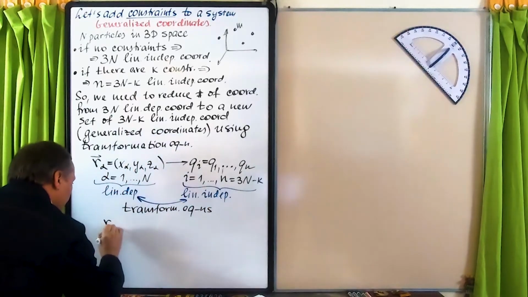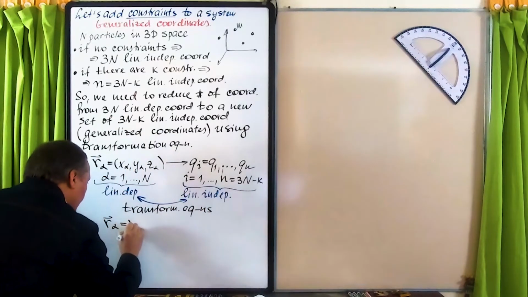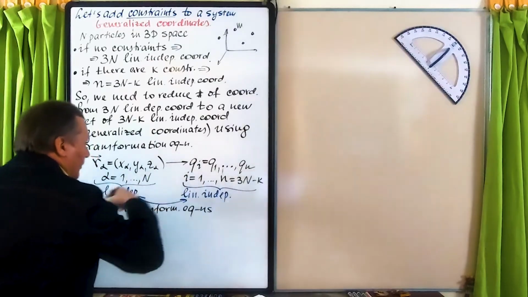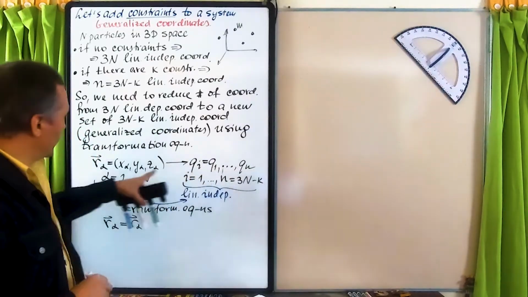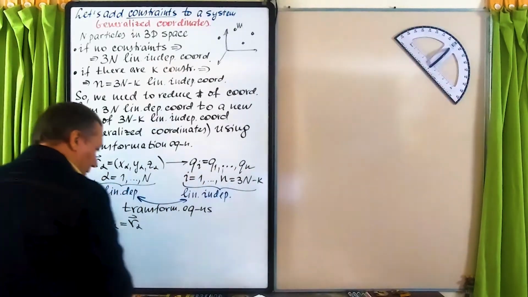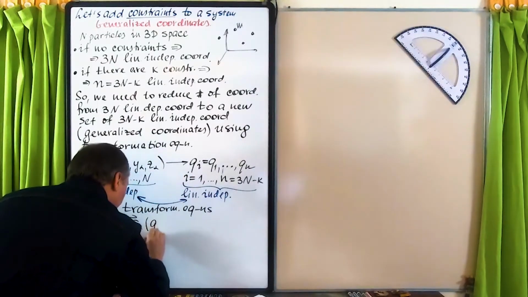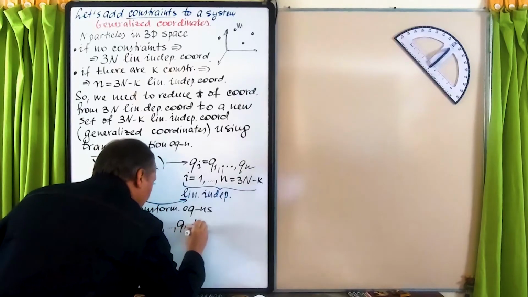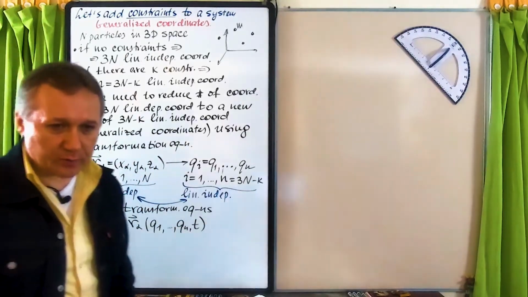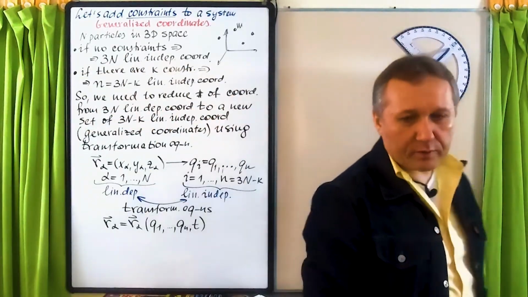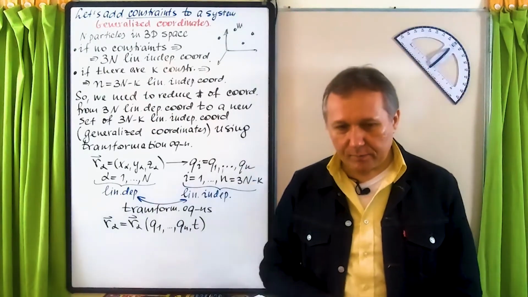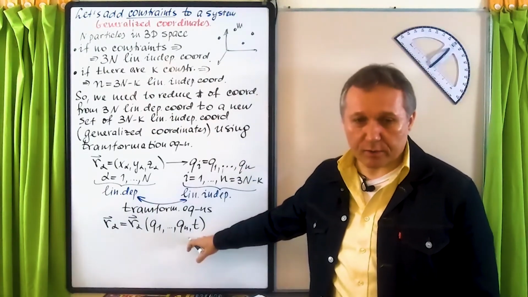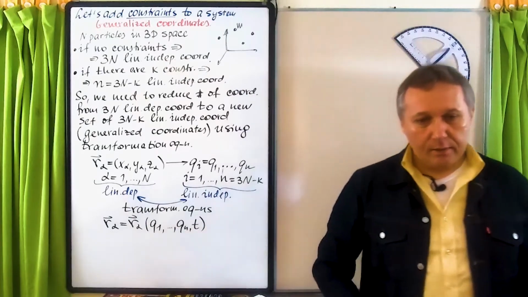So first, for example, if you want to move back from generalized coordinates to this old set, of course you can use this, which depends on Q1 through Qn. Sometimes time dependence is possible. I will talk about this time dependence maybe in 15 minutes. But still, in general, it's possible to have time dependence